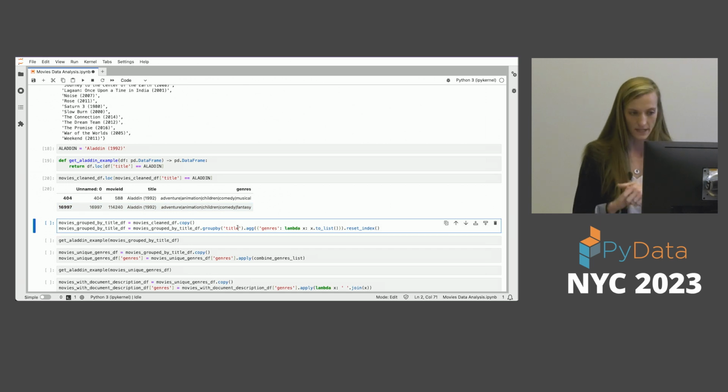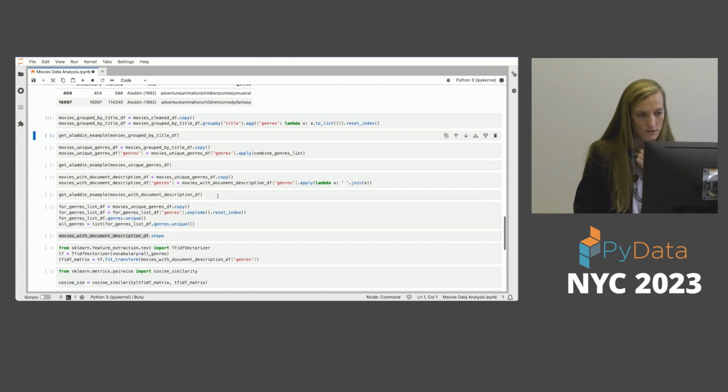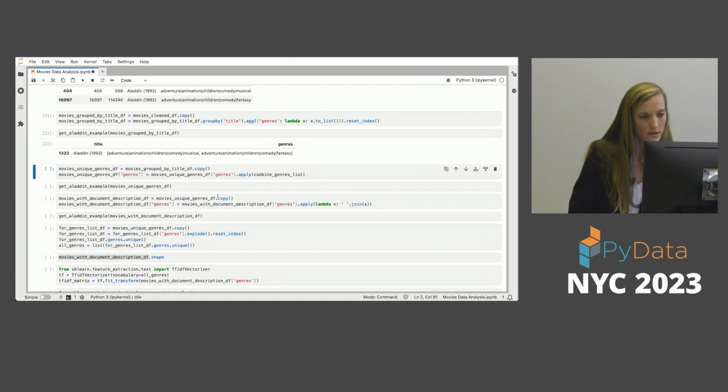We're going to do this in a few steps, but the end goal is that we have one Aladdin in our data frame or our data set. It has all the genres represented once, and they're separated by spaces. So first what I'm going to do is group those columns, and I'm going to put the genre strings into a list. This is running a little slow, so hopefully it'll catch up. Okay, so now that we have this list of genre strings,